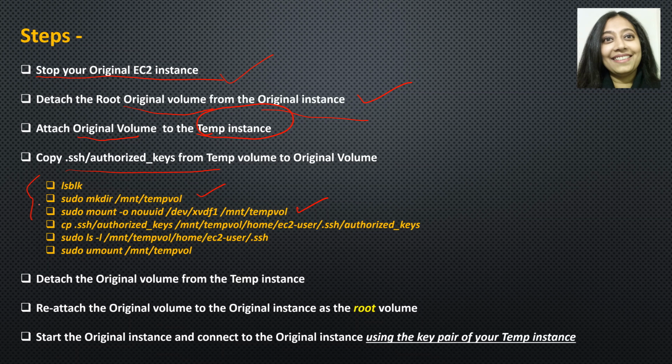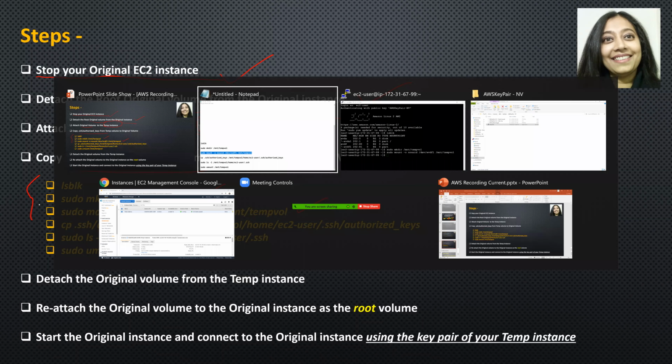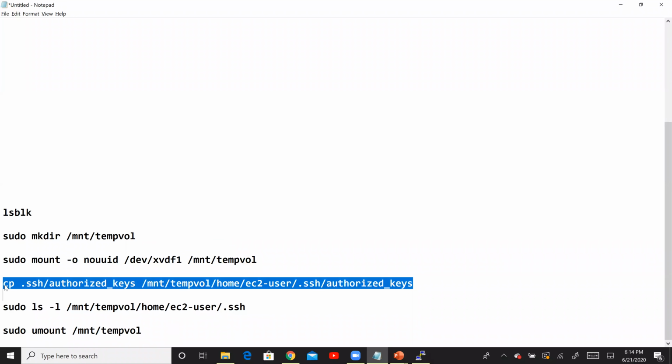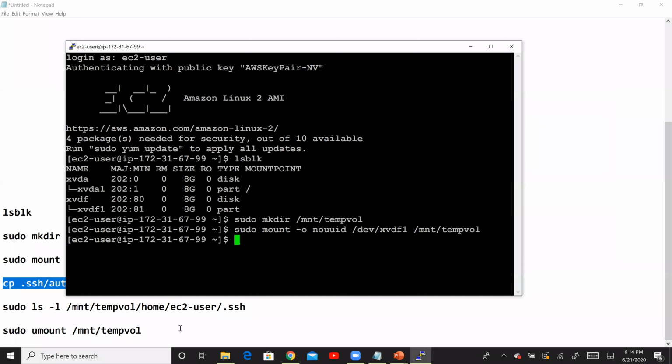I hope that I am clear. It's a simple copy command, so I'm going to go ahead and do that. In my case, it's the same user. It was ec2-user over there as well as ec2-user over here on both the instances. But if you have different users, you will have to ensure that you take care of that. That just complicates things a little bit more. I'm just trying to keep this simple at this time. So this is the command to copy the file over.